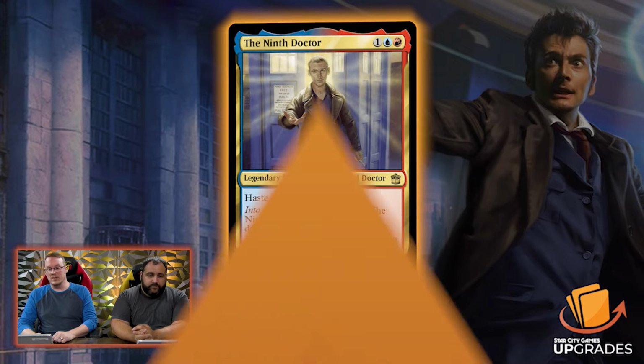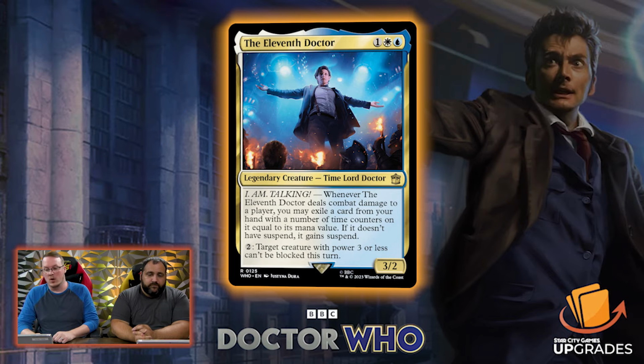The next one is Matt Smith's 11th Doctor. 1 white-blue, 3/2 legendary creature Time Lord Doctor. I am talking! Whenever the 11th Doctor deals combat damage to a player, you may exile a card from your hand with a number of time counters on it equal to its mana value. If it doesn't have suspend, it gains suspend. And 2, target creature with power 3 or less can't be blocked this turn. I feel like if he's attacking and dealing damage, he's not talking. Yeah. But